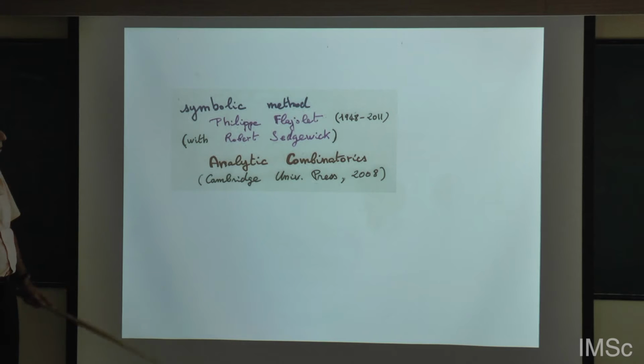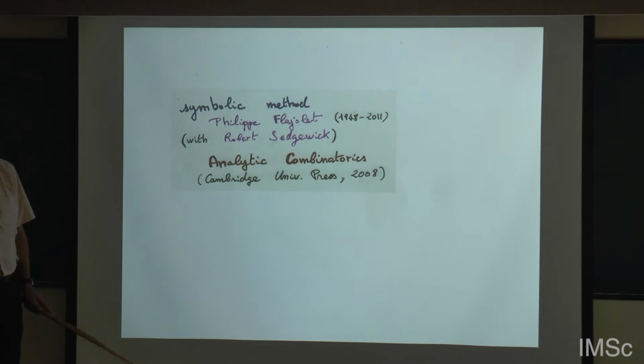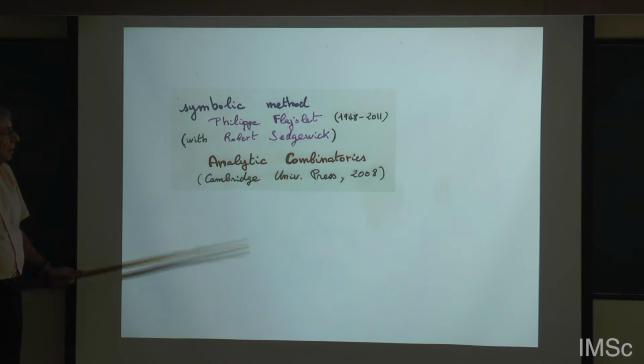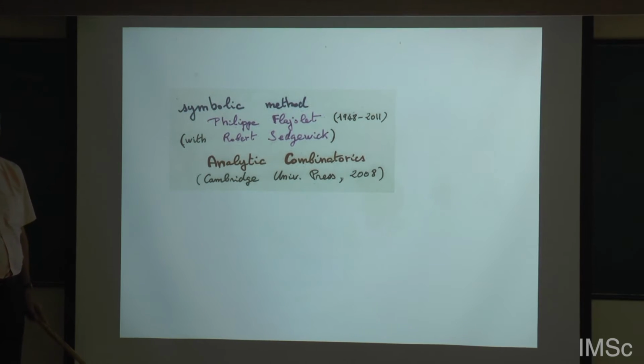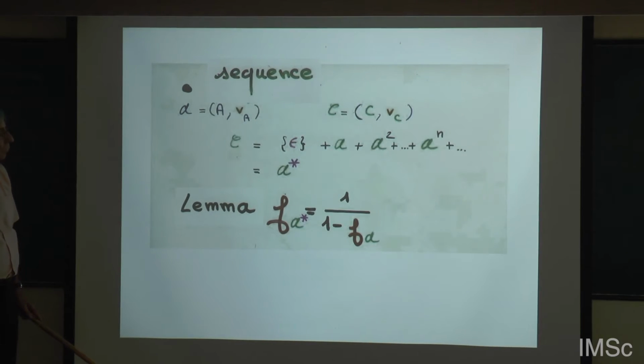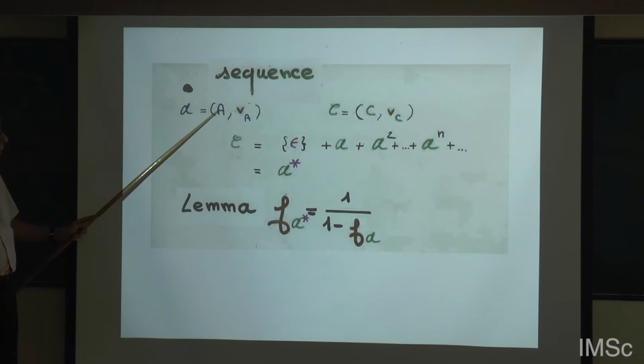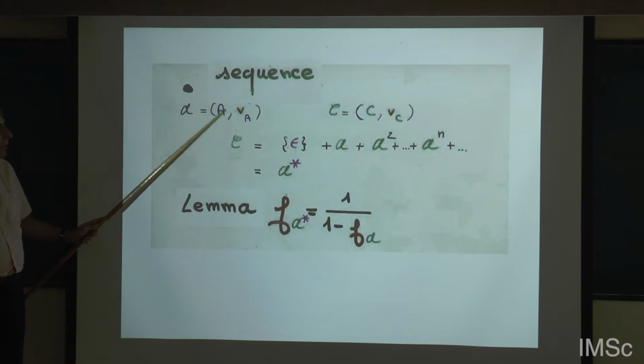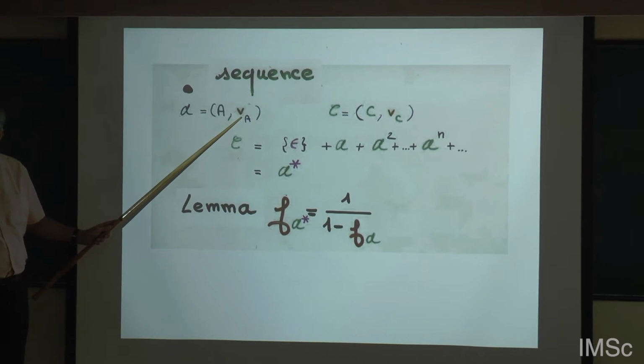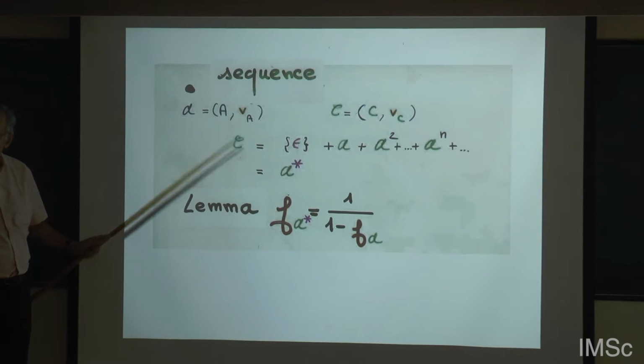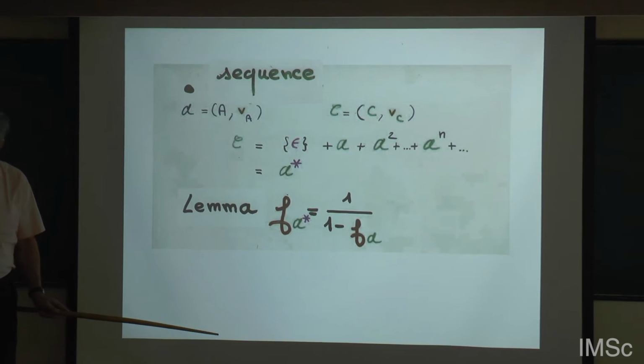So this we call, in combinatorics, the symbolic method. It's especially in the beginning of this book, Analytic Combinatorics. Say you have a certain combinatorial object. I don't define what it is. There is a weight. The weight of the object was the number of cells of the Ferrers diagram, or the number of points in a certain row.